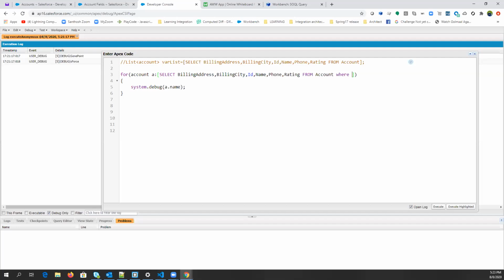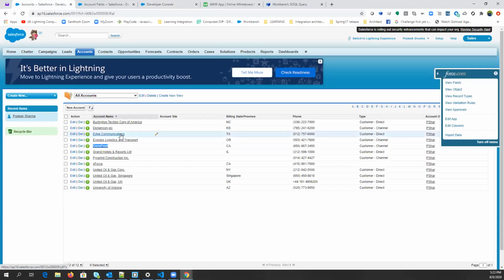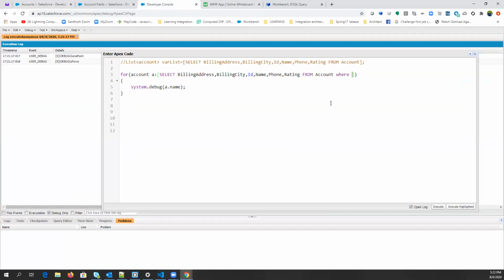Himanshi, tell me, I want all the accounts in which the account name starts with G. Sir, we can use where name like G percent. Does the percent come before or after? Sir, after. If we are checking the starting characters, it comes after; if checking the ending characters, it comes first.